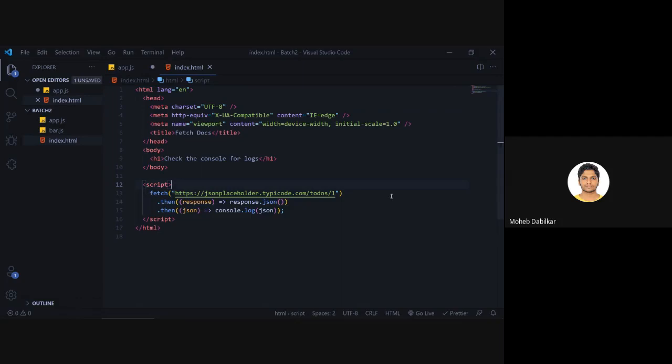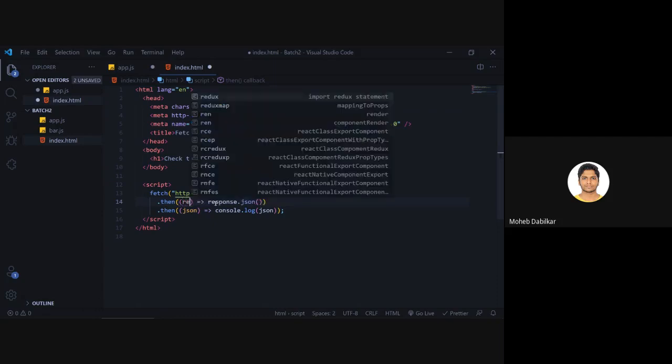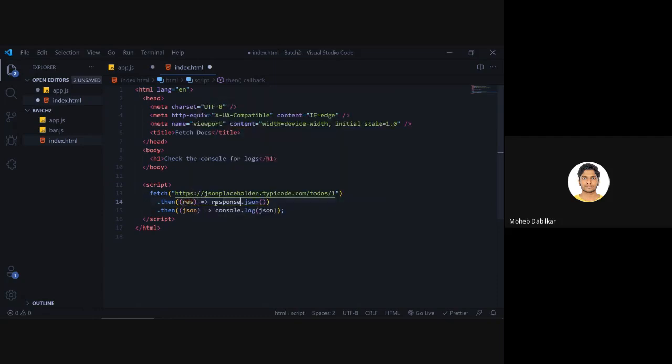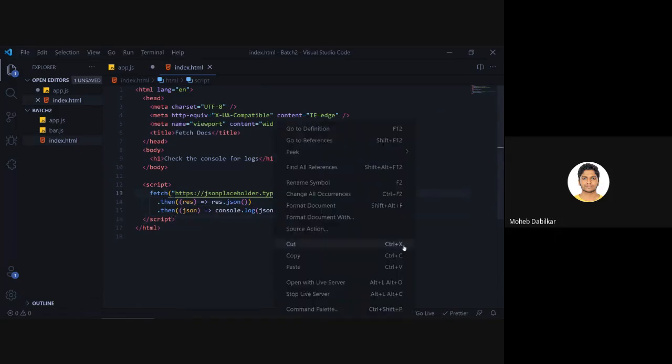So whatever this fetches over here, we will say .then, and after that you will pass in a parameter. Now this response is anything you can say, but I usually like to call it res. Okay, so we will just say res.json. Everybody calls it res. It is just short and far better for people to understand.